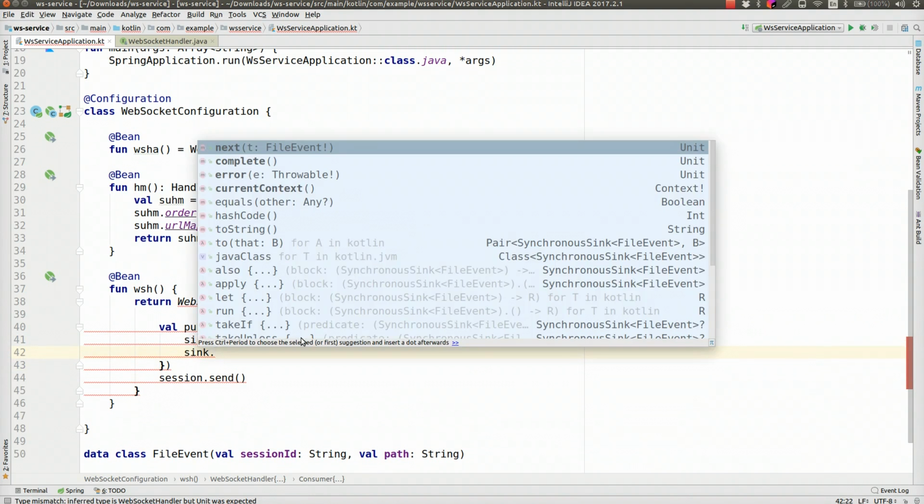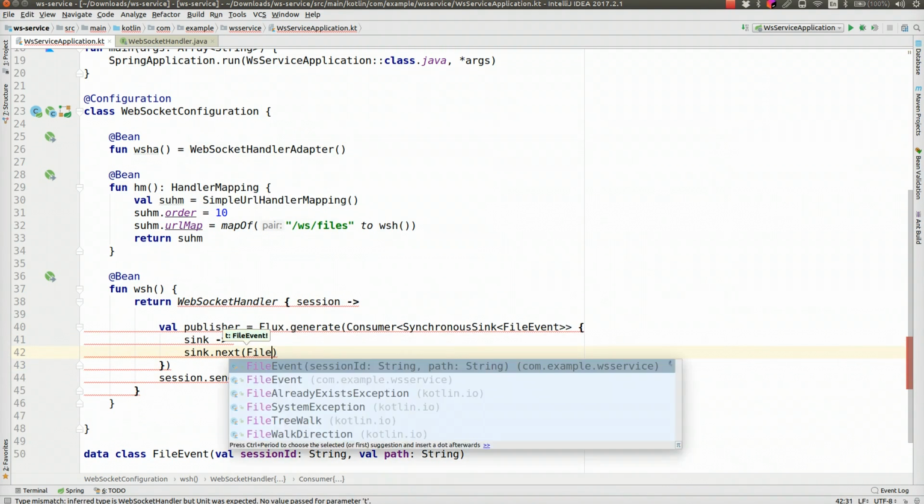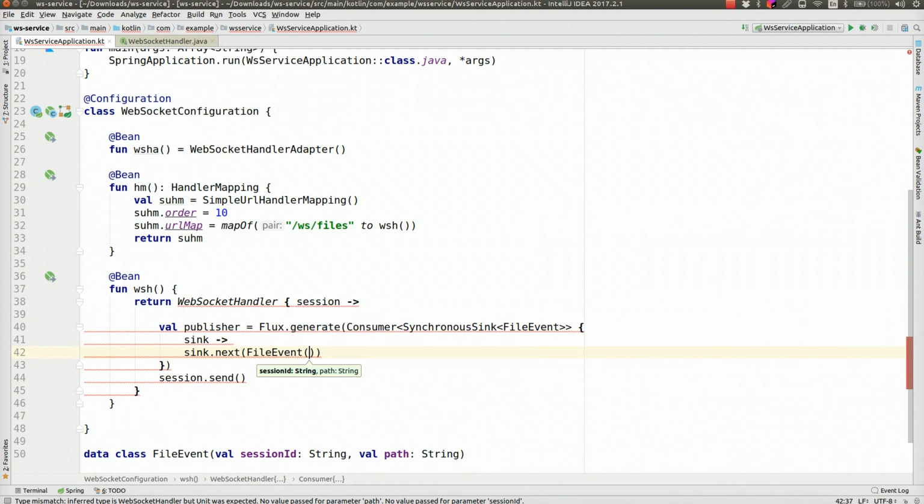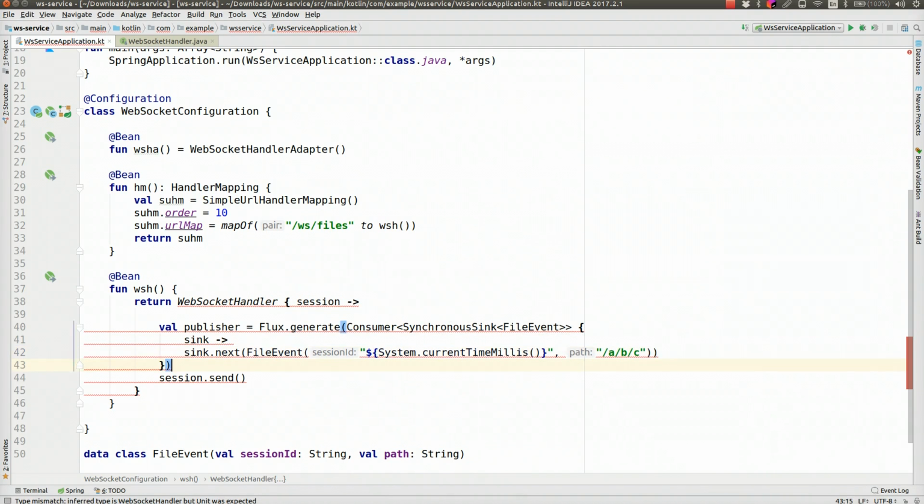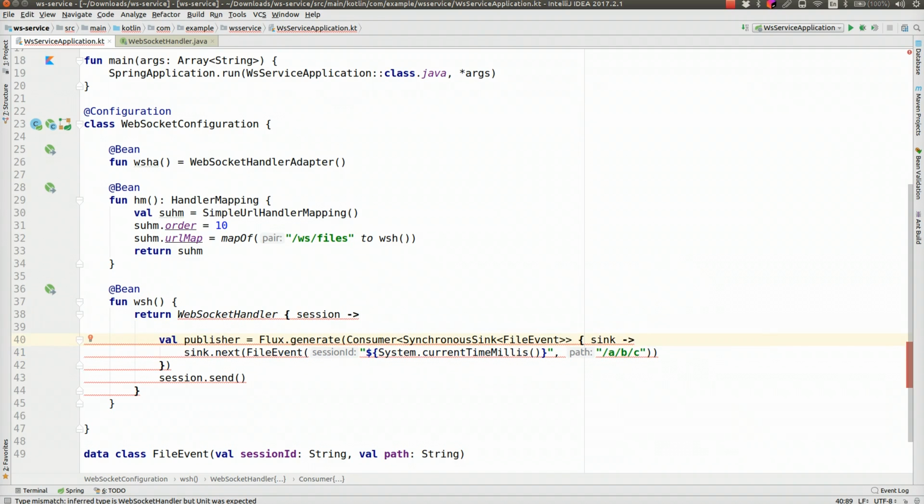So we're going to generate a new record of type FileEvent like this, and we're just going to hard code the data. So session 1, 2, 3. Or even better, we can just use System.currentTimeMillis, and the path will be A, B, C. All right. So there we are. There's our custom generator,